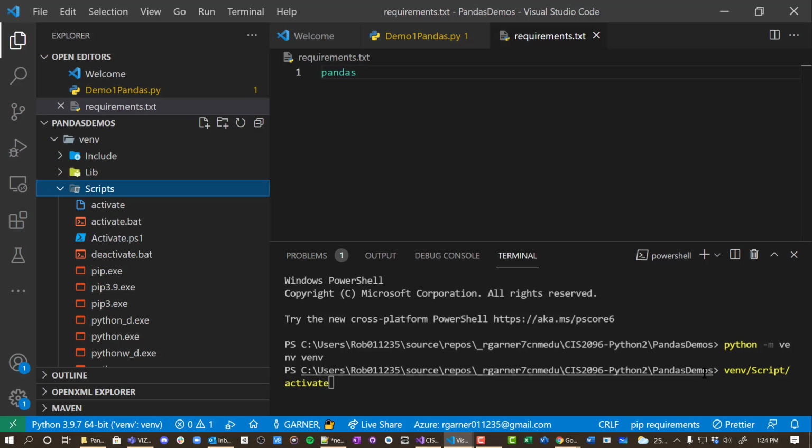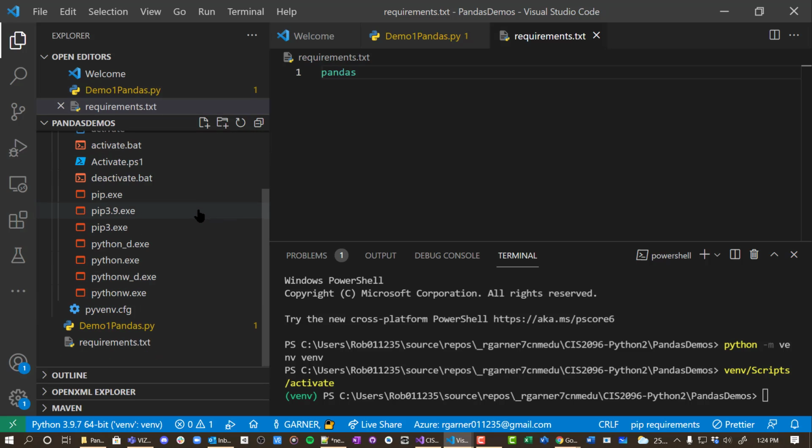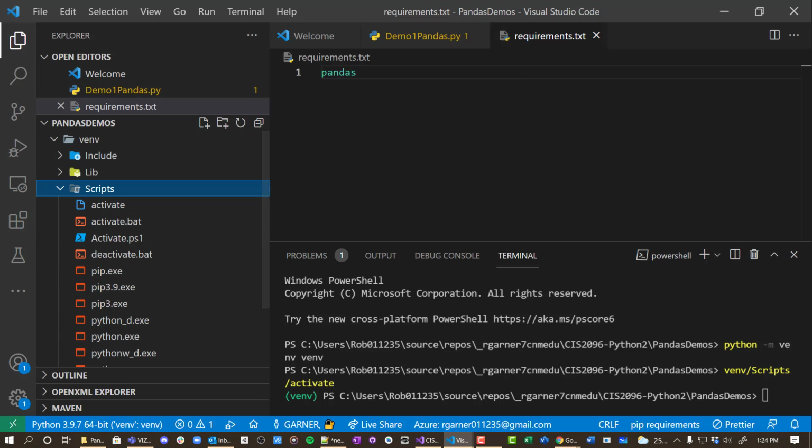So I'm just putting in from pandas demo, we're going into the venv library to the Scripts library, and then we're running this activate batch file. So when I do that, it's now here, and then just for fun, I'm just going to leave this open, and I'm going to do pip